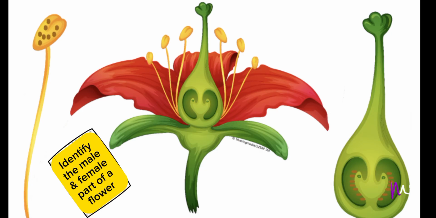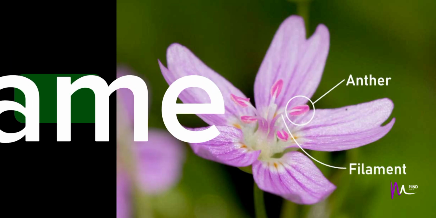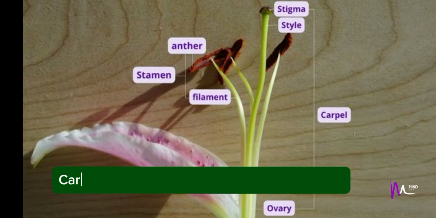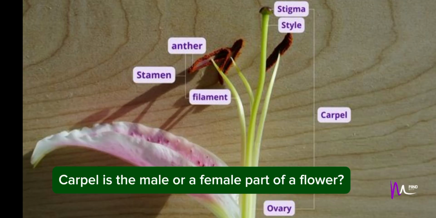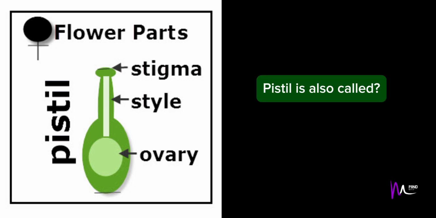Identify the male and female part of a flower. Is it a male or female part of a flower? Also, identify the part name. Carpel is the male or a female part of a flower. Pistil is also called